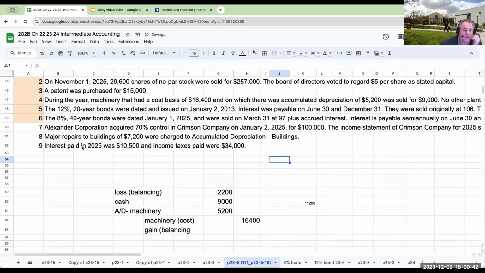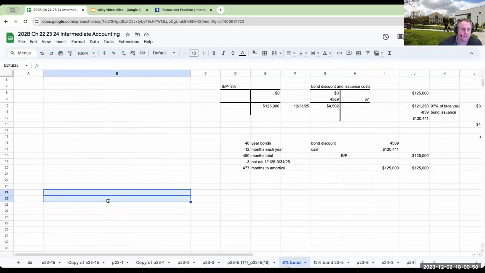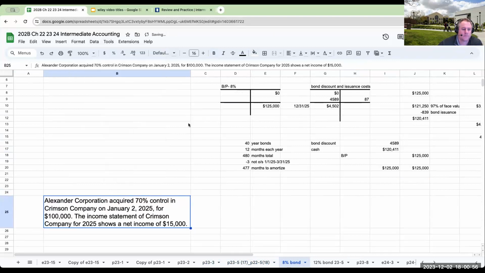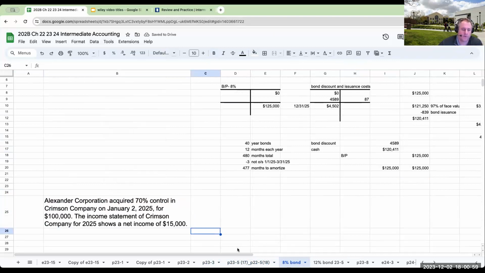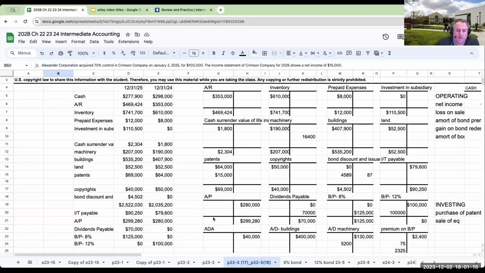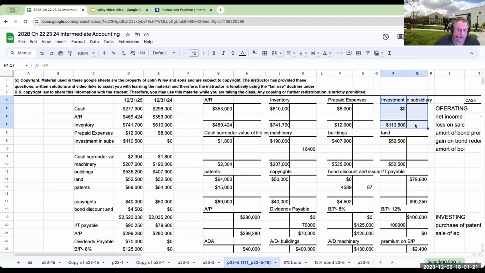Okay. So Alexander Corporation acquired 70% control of Crimson for 100,000, right? So this is basically, you're now going through and consolidating. The income statement of Crimson shows a net income of 15,000. So let's take a look at what we went through and did with this one. So if we look at Crimson, or basically the investment in Subsidiary,